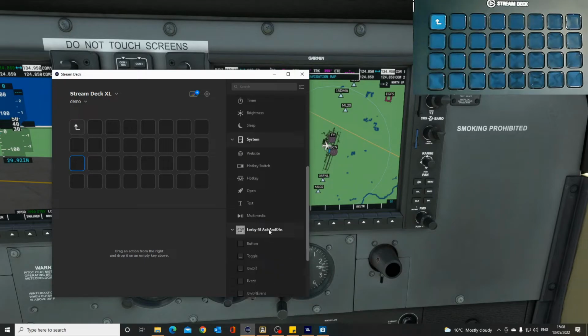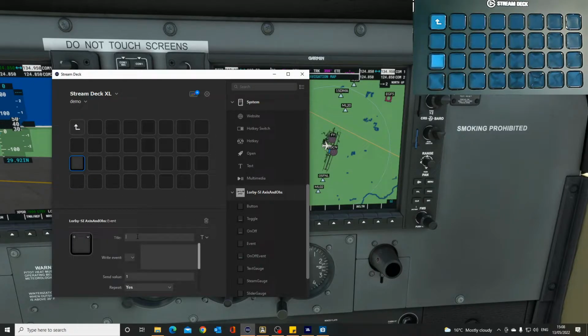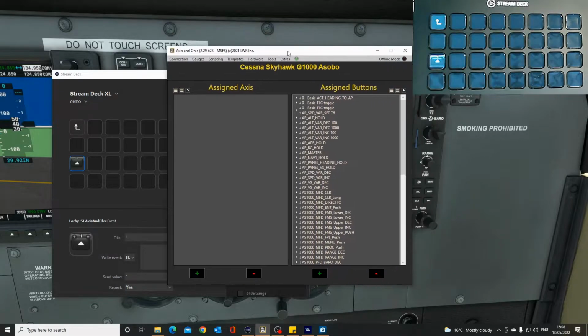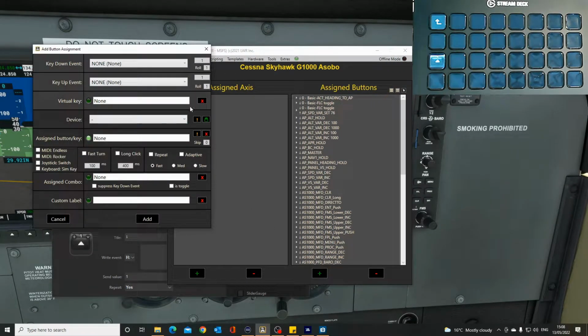So it's one of the Axis and O's extensions from the plugin here. Create an event, and I'm actually going to label this. This is button number 1, and I've got a graphic. If you saw yesterday's video, I used a lot, so we'll just drop that into there, and we'll write an HTML event that we'll get from Axis and O's. So we'll add that,